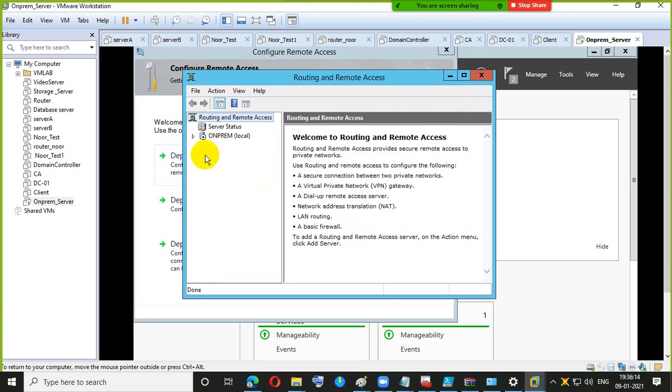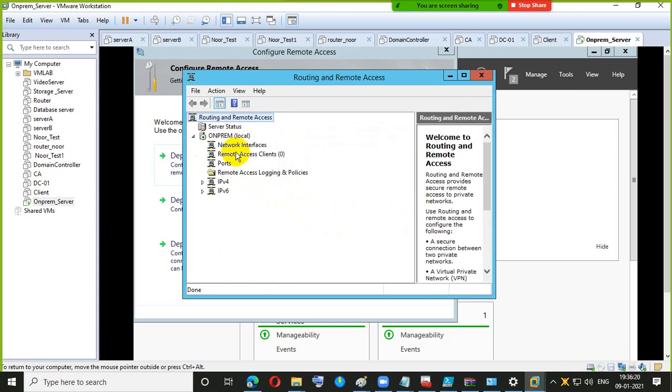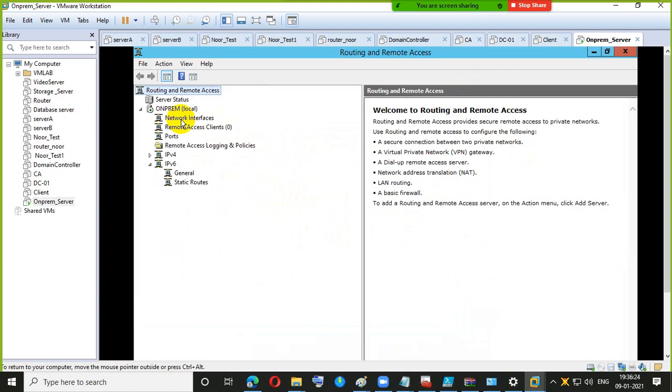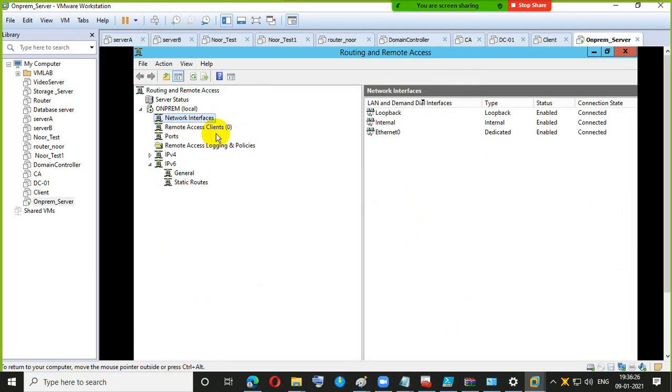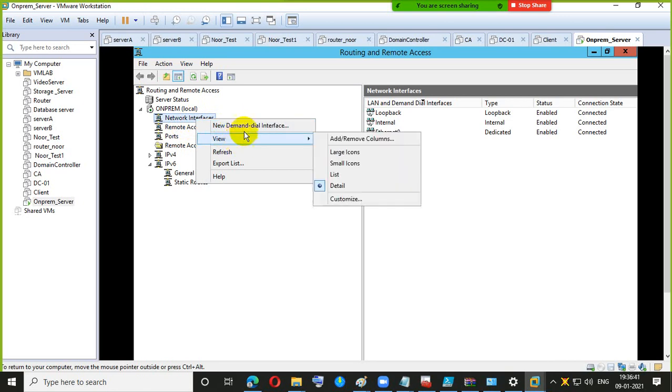Okay, now see that the option is showing green there. So now the network interfaces option is next. Just select the network interface, right click, new demand dial interface wizard.